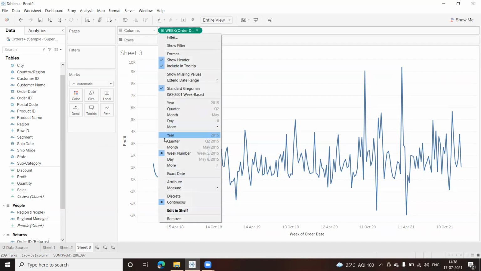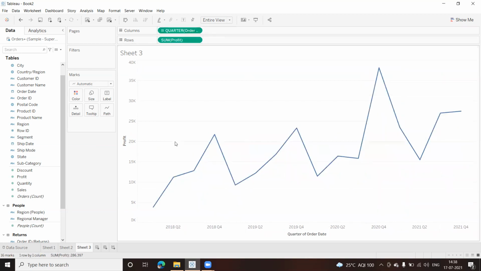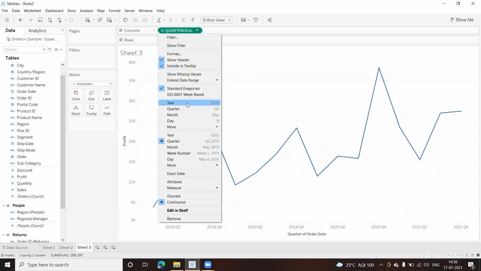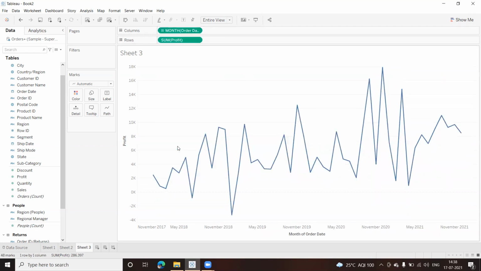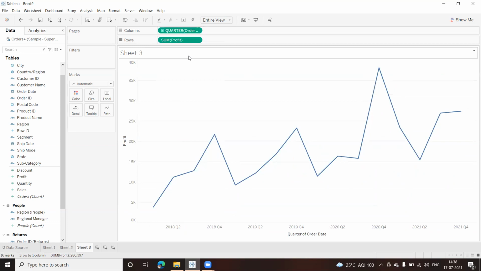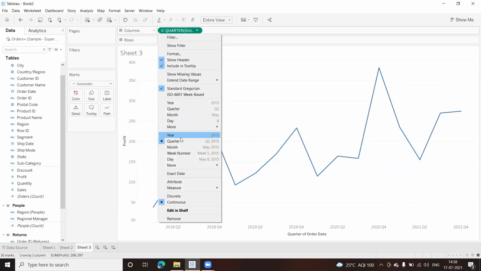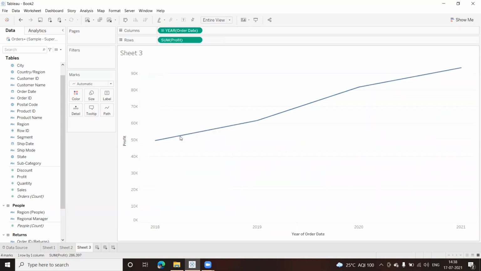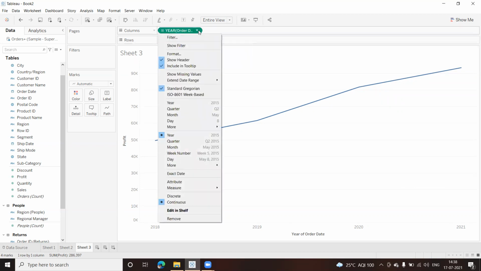You can click on this again, come back. For me, let us take month wise, this is fine enough. Or if you're not okay with this, you can also keep it the quarter one. Or if you want, you can go for the year one, whichever you feel like. Now what we'll do is put the color as well. Can I give a trend line? Can I put a trend line here?